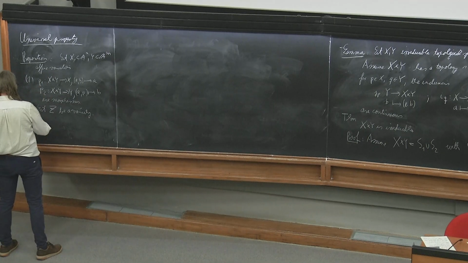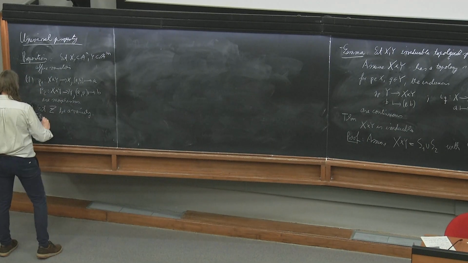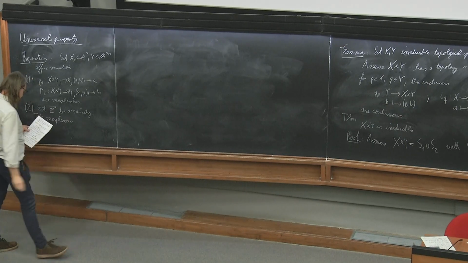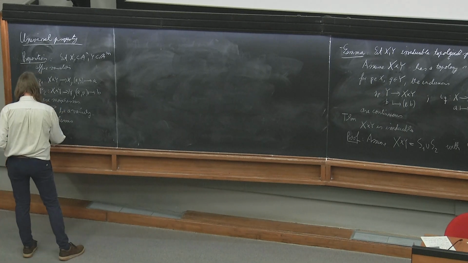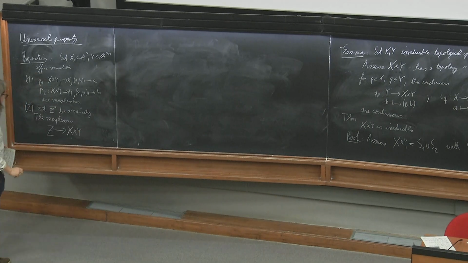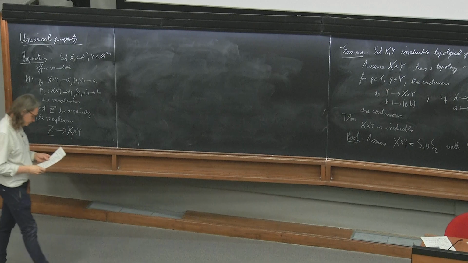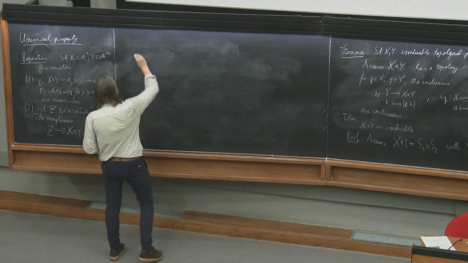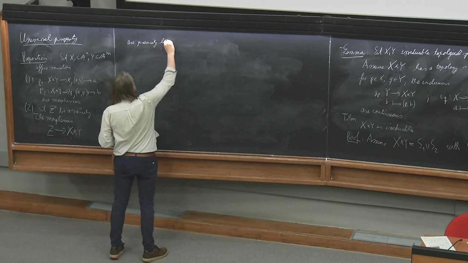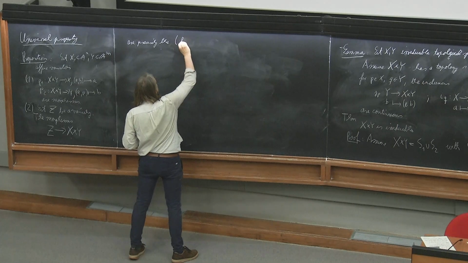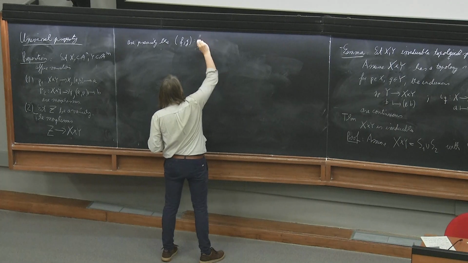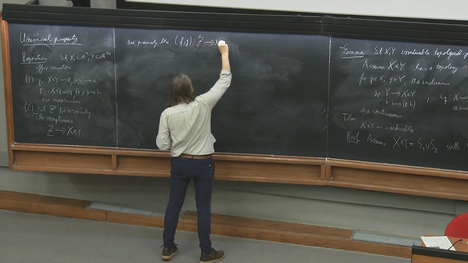So first, the morphisms from Z to X times Y are given by pairs of morphisms, one to X and one to Y. So they are precisely the maps which I could call (f, g) from Z to X times Y,